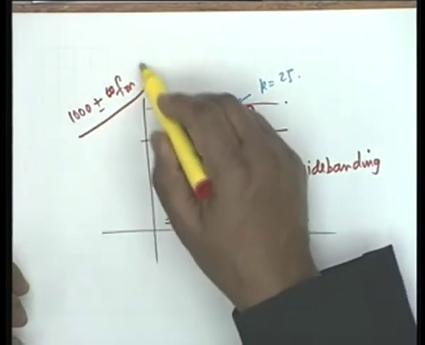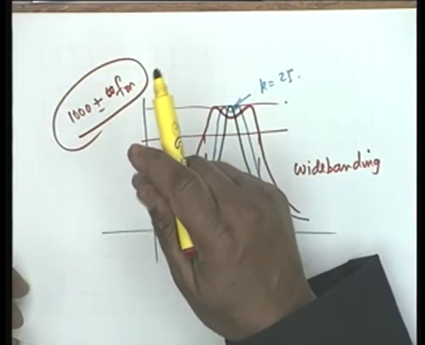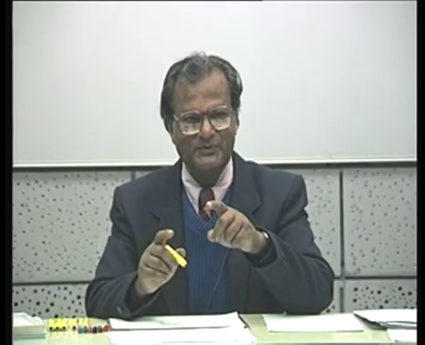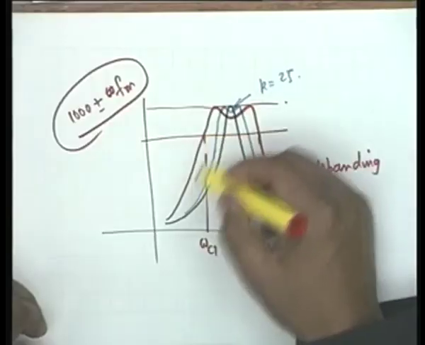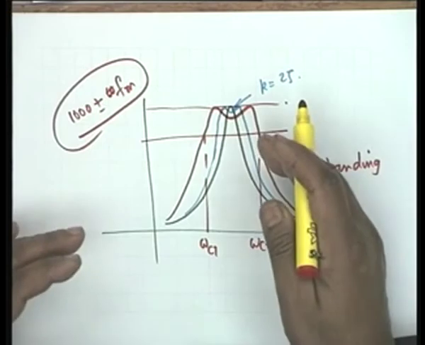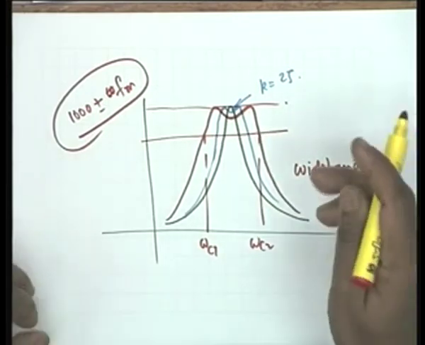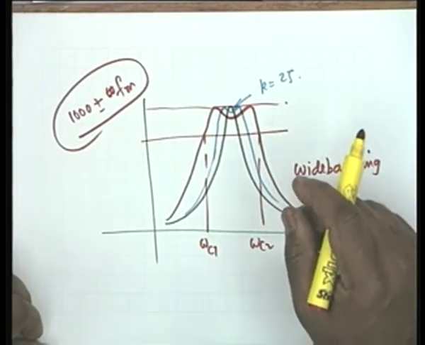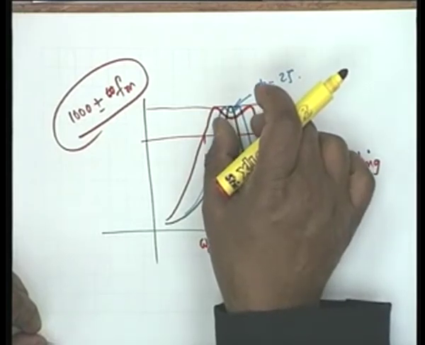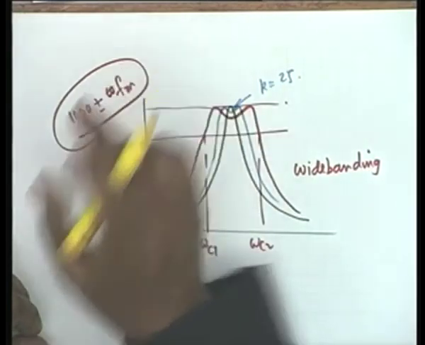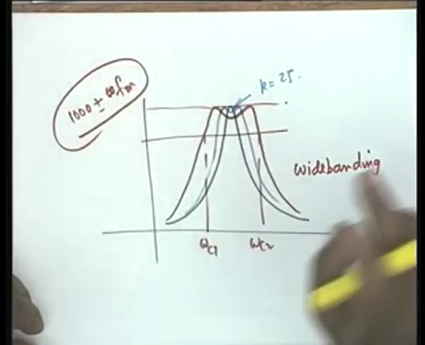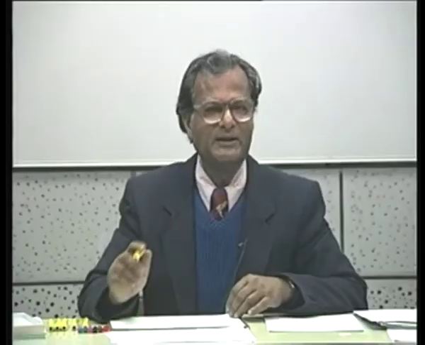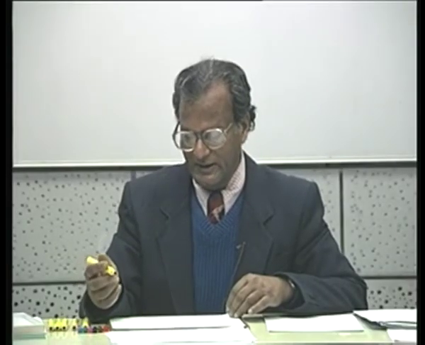And therefore, to tune to 1000 plus minus FM, you do not require a very sharp fall to discriminate against the adjacent, let's say, Jaipur center or some other center, but in between you require that this band should cover not just 1000 but 1000 plus minus FM. And this is a typical use. There are many other uses